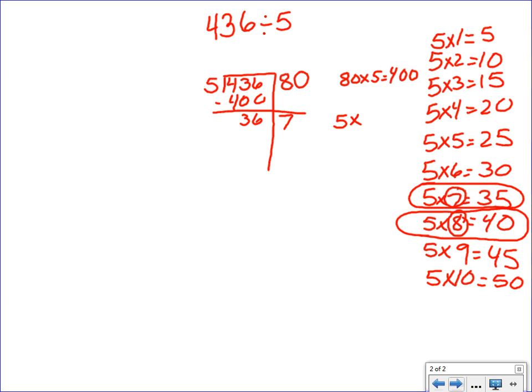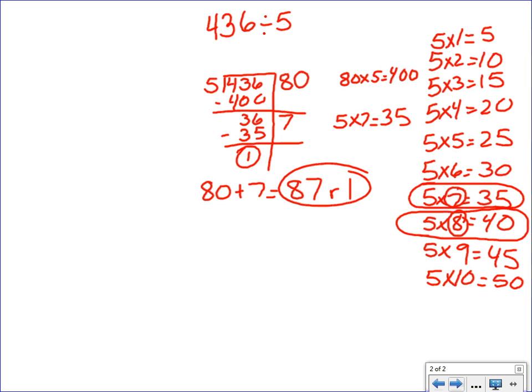And I am perfectly fine with doing 5 times 7 is 35. Subtract 35 from 36, and that gives me a remainder of 1. I'm going to add 80 plus 7. That gives me 87 with the remainder of 1. That's what I think my answer is, but I'm going to check it